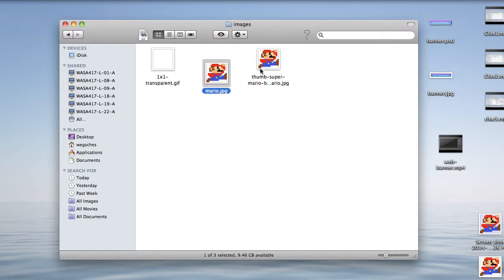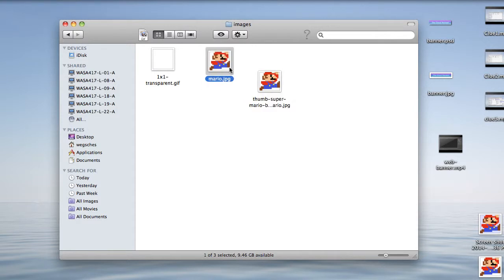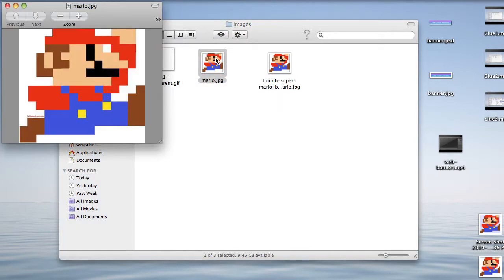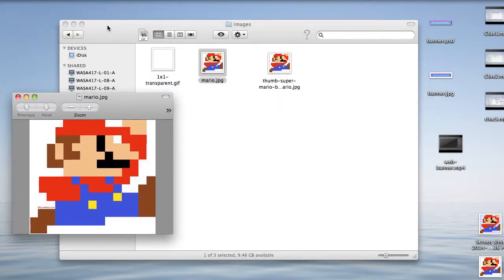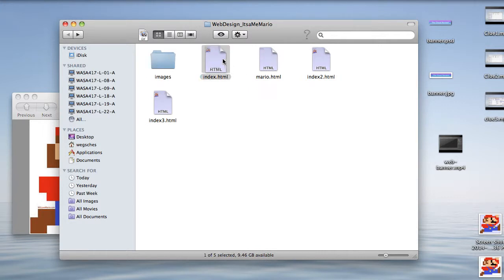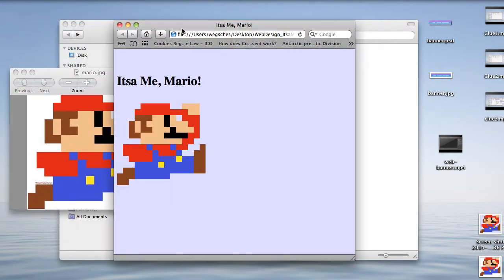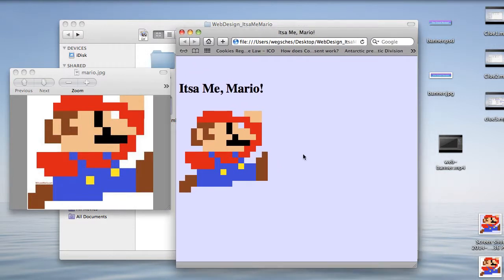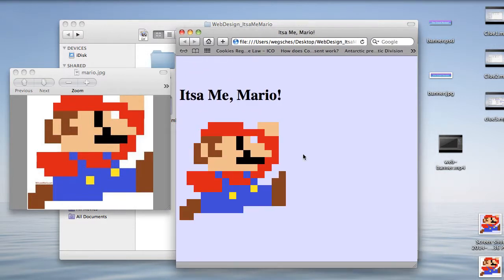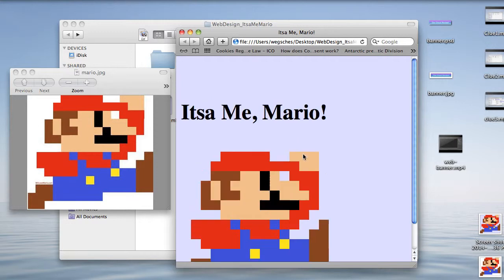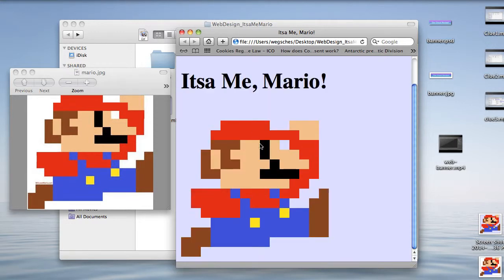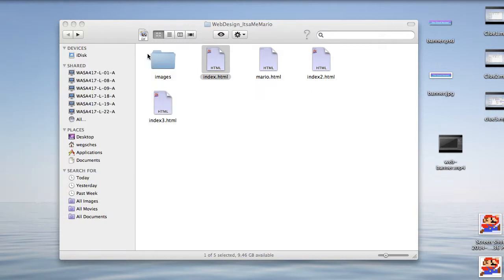So we have a Mario.jpg, and we've got this guy here, but I'm not actually using either one of these. If we open him up and look, he is quite a bit bigger than this is, and you can see some noticeable pixelation. So if we make them about the same size, or even if I make this guy even bigger, you should definitely see pixelation, because you see it here. If I look at the other image,